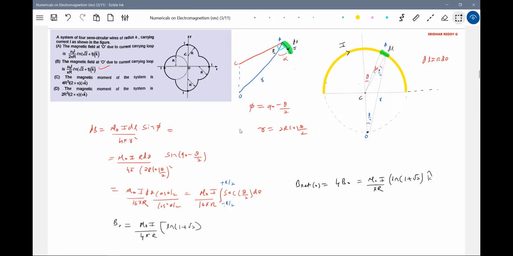If it is an arc instead of a semicircle, can we use this formula? Anybody wants to say yes or no? The limits will change here. Instead of a semicircle, if it were only an arc, then the limits will change correspondingly. What is the angle subtended by the arc? Based on that, you can substitute. So don't think that it is only for a semicircle. Even if it's an arc, this is applicable. Just be alert.